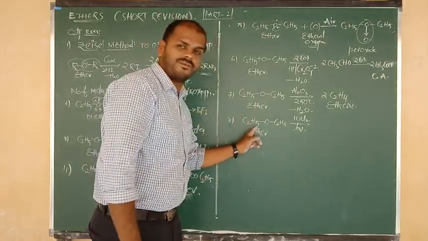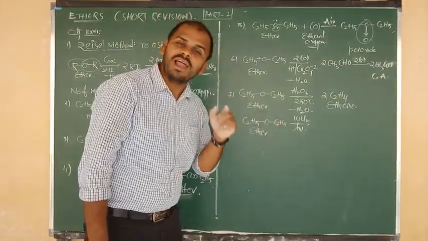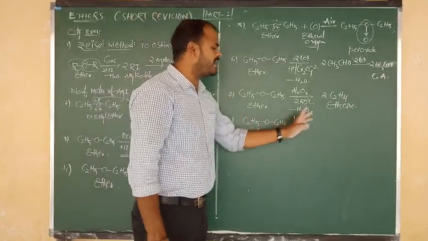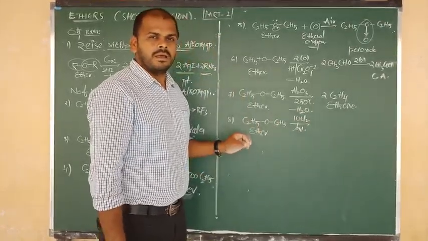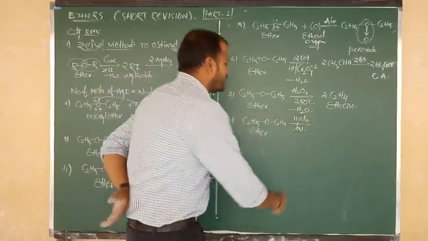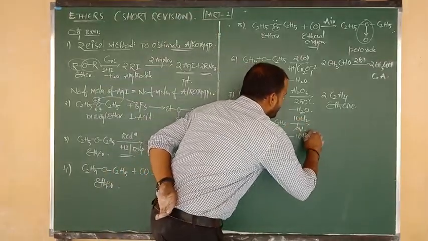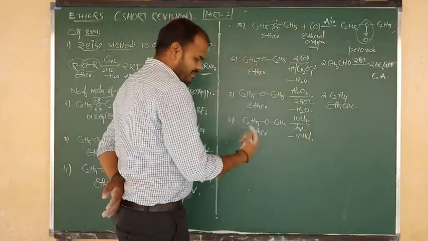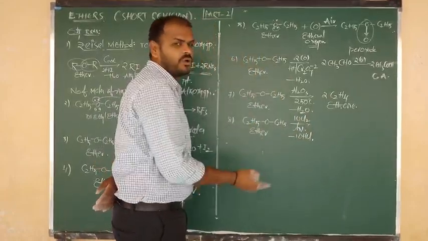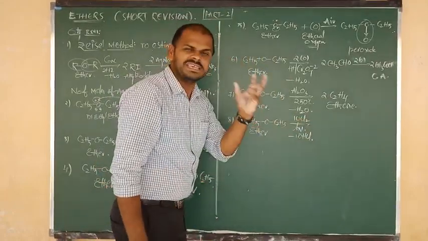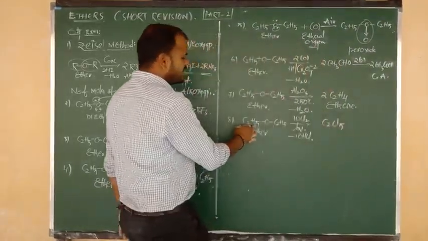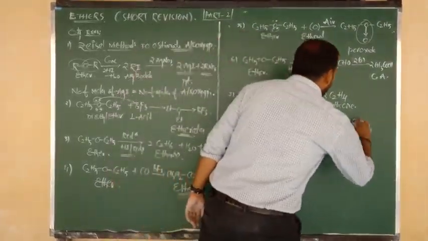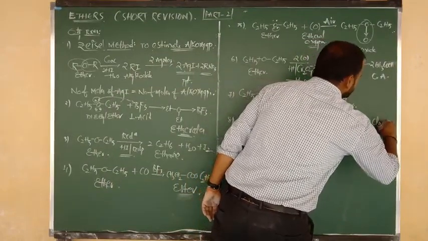The total hydrogens are 5 on one side and 5 on the right side, so total hydrogens are 10. That's why I have taken 10 moles of Cl2. So 10 hydrogen atoms combine with 10 chlorines of Cl2 and are removed in the form of 10 moles of HCl. That means all the hydrogens are replaced by 10 Cl atoms. So the formula is C2Cl5 connected to O, again connected to C2Cl5.